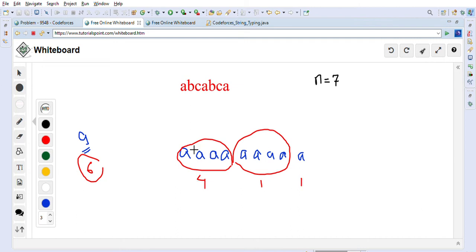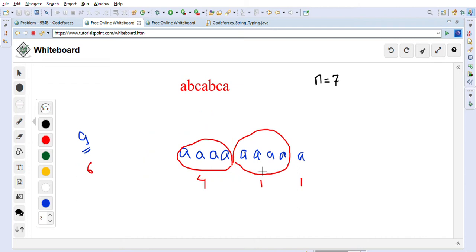So as you have already noticed, the optimal way to minimize the number of operations is to always check if we can divide this string into the maximum possibility, right? So for example, maximum possibility here is this one, right? This is 4 characters, and if we can divide this such that if we copy and paste it, we can achieve this string, right? So this is the main logic we will be using to solve this problem.